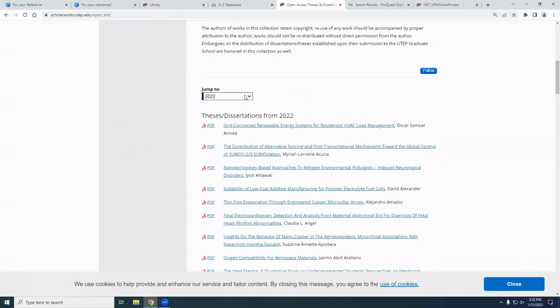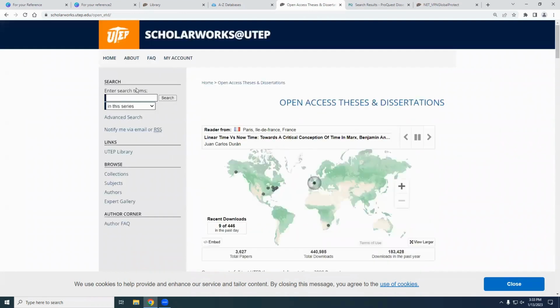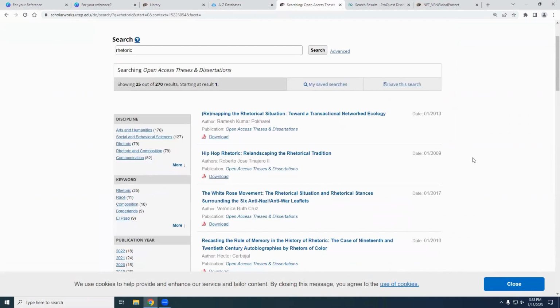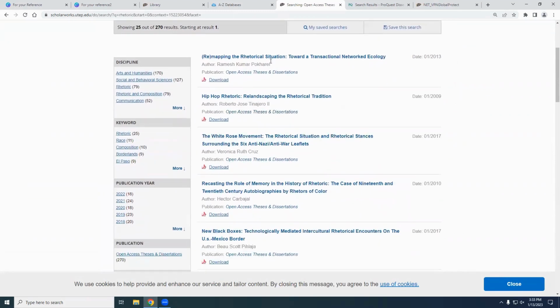So you can search by date, or you can put in keywords into the search over at the top of the left-hand side. So only because I know we have a PhD in rhetoric and writing studies, we can take a look and see who published what or at what time.